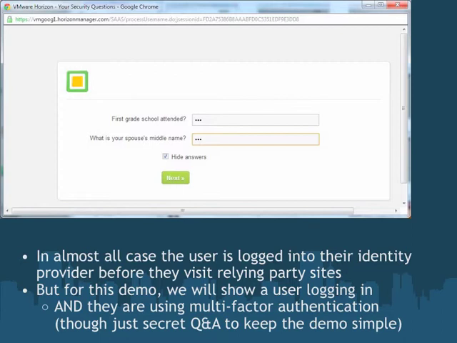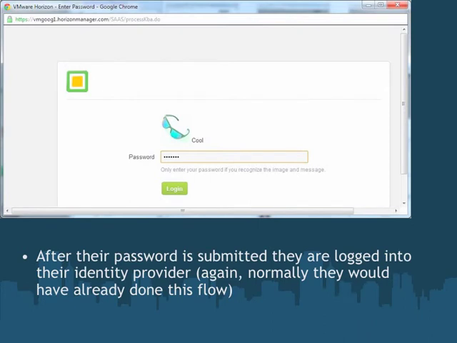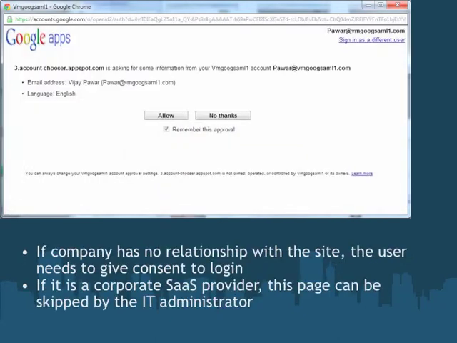You need to provide some second form of authentication. Maybe it's a one-time code sent to your phone, or in this case, it's answering some secret questions. Whatever it is, the user goes through that second form of authentication in addition to typing their password, and only after all of that are they actually authenticated by their identity provider.